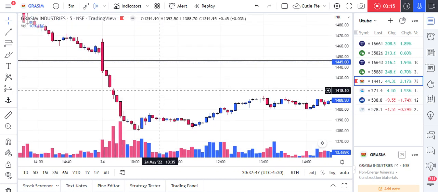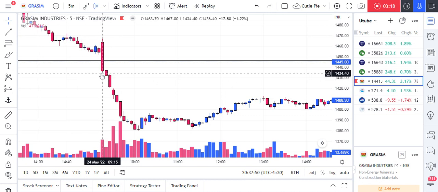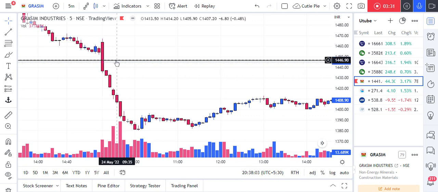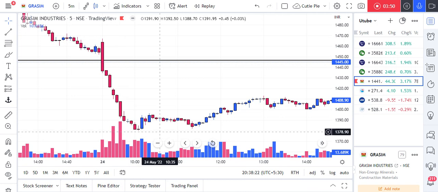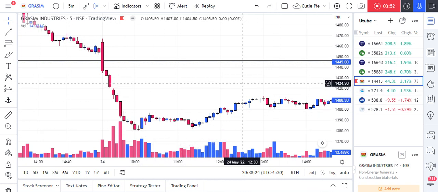And also this entry should happen before 9:45. Whenever the stock is having a strong impact because of the news, it has to break the previous 3 days' low or high with force. And it should also break within a few minutes of the market opening. So the break should happen within 9:15 to 9:45. The first candle itself has broken the low, so we are shorting it, and we got a very good profit. So this is the first example.